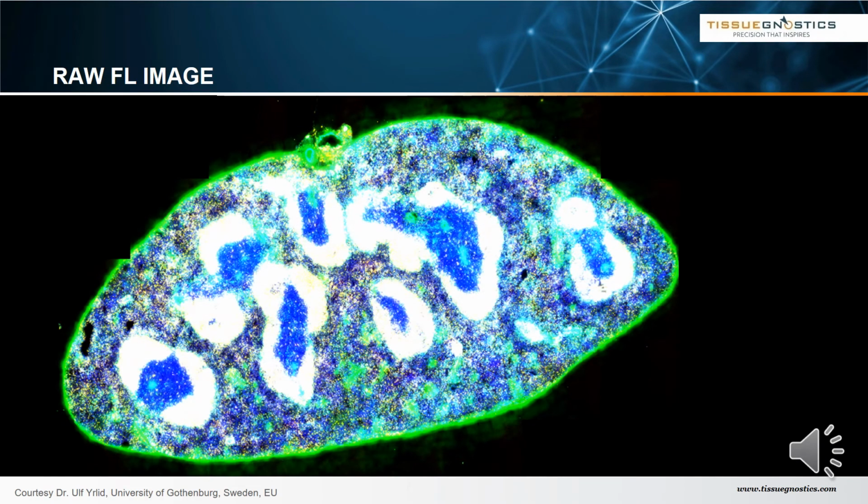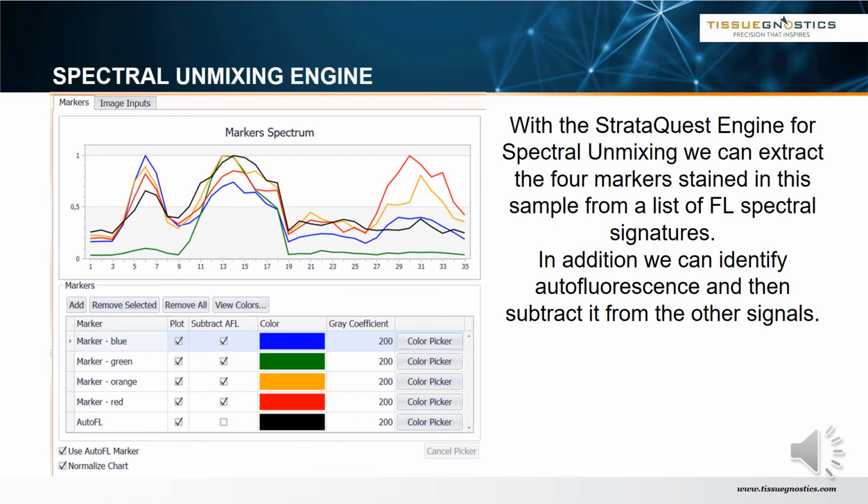What we get in first place when we visualize a LAMBDA-STACK looks like this. Obviously it's not nice. The image shows severe oversaturation, spectral overlap of neighboring fluorochromes. But now comes the magic. In fact, it's not magic, it's mathematic.